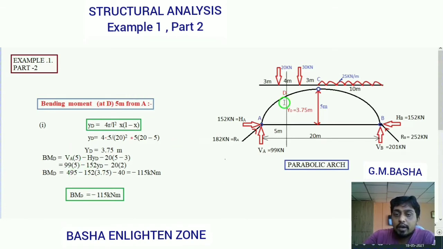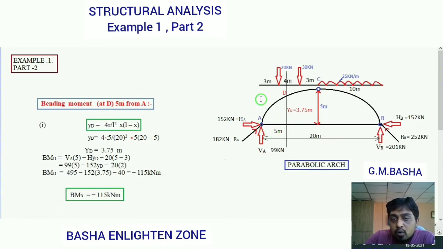Bending moment at this point. So take down the clockwise moments and anti-clockwise moments here itself. I am simplifying directly here. Clockwise moments are taken as positive, anti-clockwise moments are taken as negative. If you want, take clockwise moments equal to anti-clockwise moments, or send the anti-clockwise moments to the clockwise side in terms of negative, and that will be equal to 0. Otherwise, take it down like this directly.